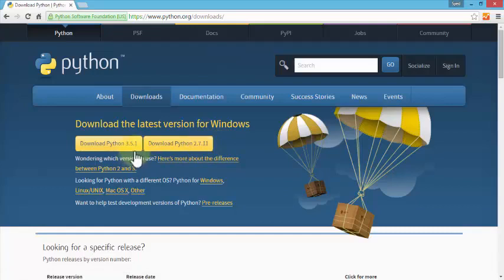But why would you want to download the older version? Should there be just one latest version so everyone can download this? Well, here's the difference between the two downloads. The reason programmers and developers download the earlier version, 2.7.11, is mainly because of the library support. In other words, there are tons and tons of programmers that create code that is written in this